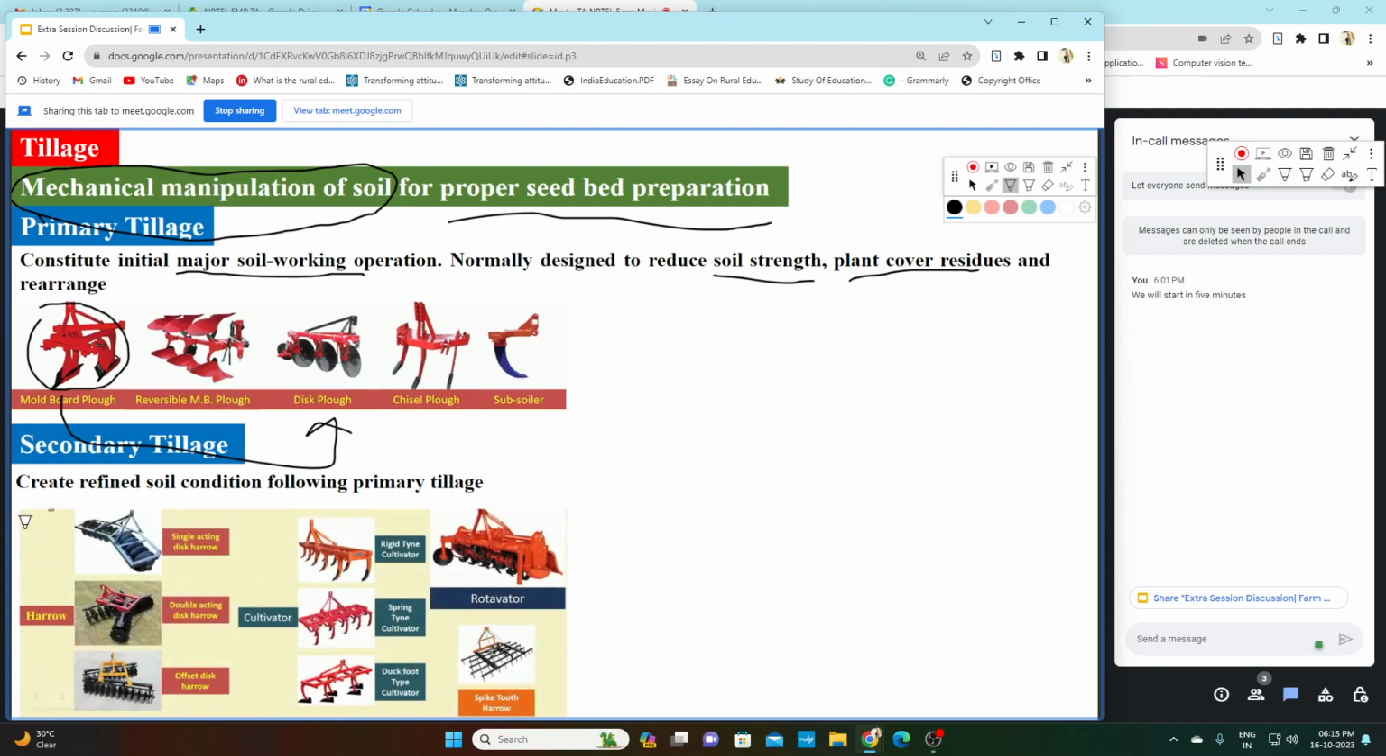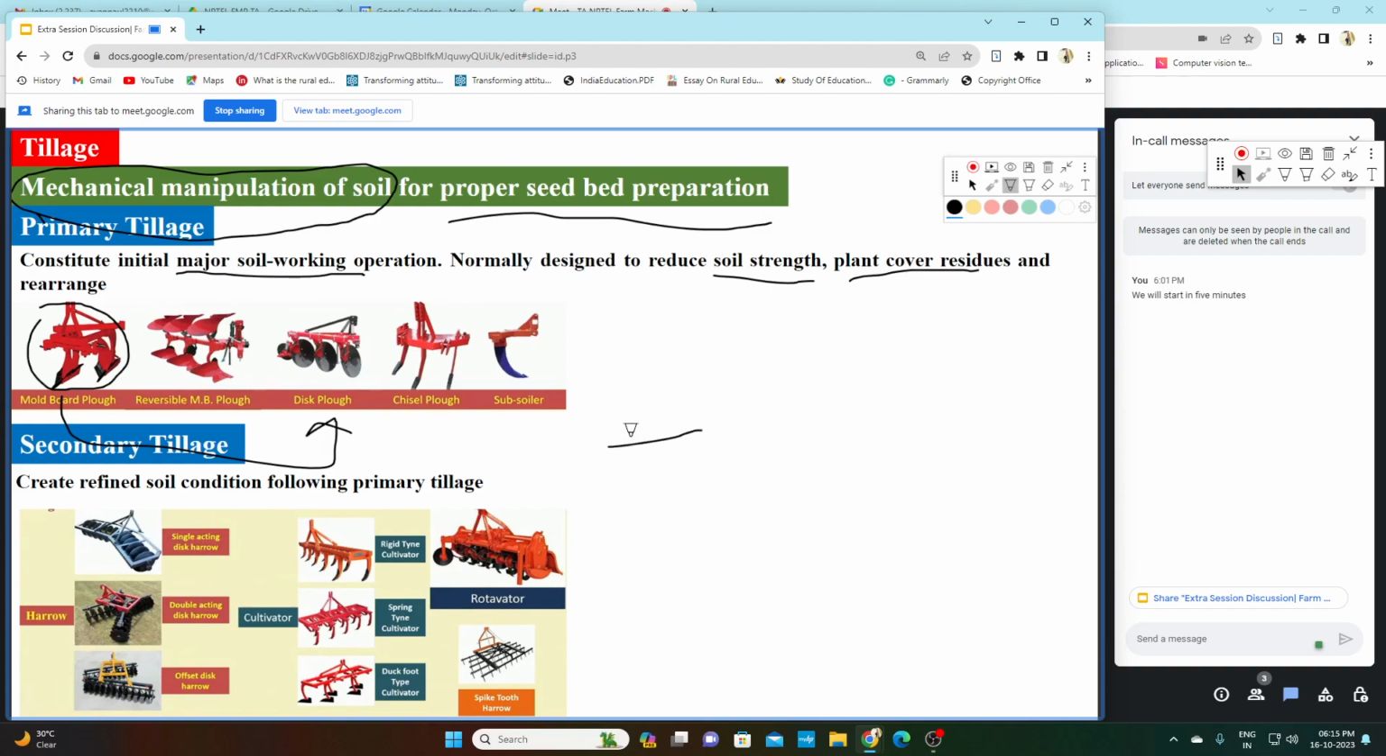Now there are different implements for secondary tillage also. We have the harrow. There are three types of harrows: the single acting disc harrow, the double acting disc harrow, and the offset disc harrow. Single acting disc harrow means we are only throwing the soil outside. The soil will be thrown outside, so that is why it is called a single acting